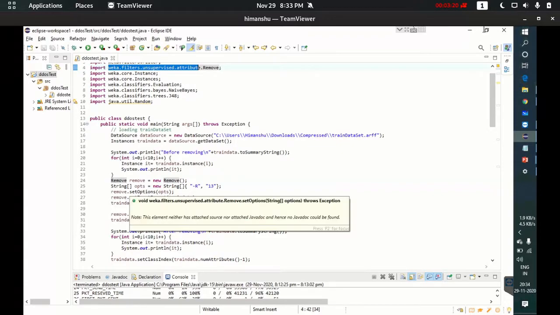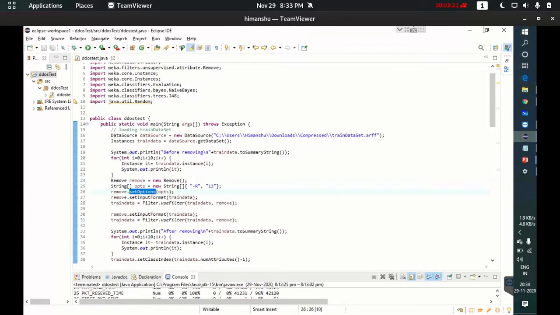Then we use set options and set input format on this remove object. Now we use the filter static method of the Filter class, which accepts train data and the remove object as input and returns the filtered dataset.